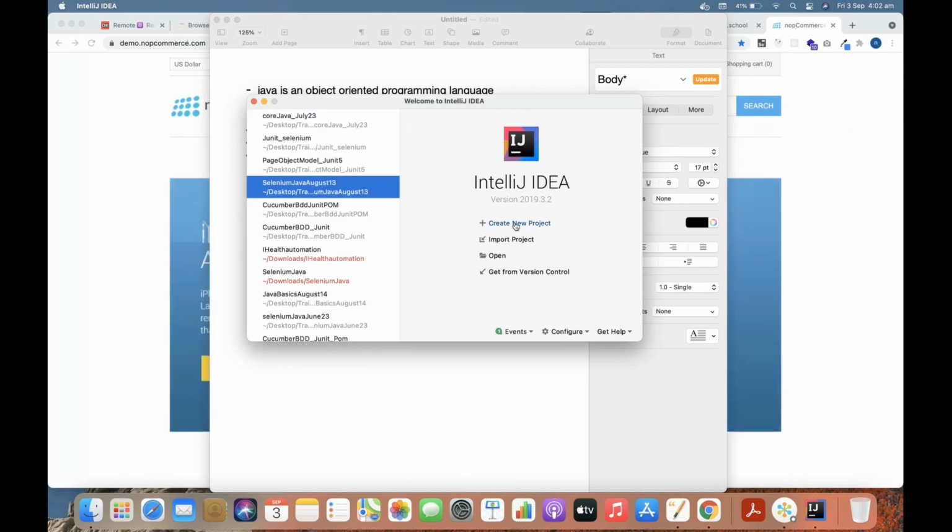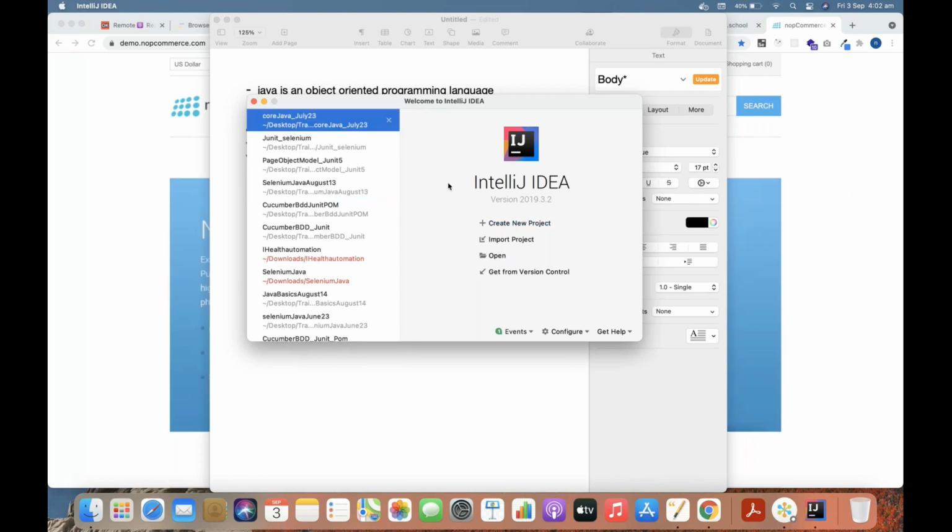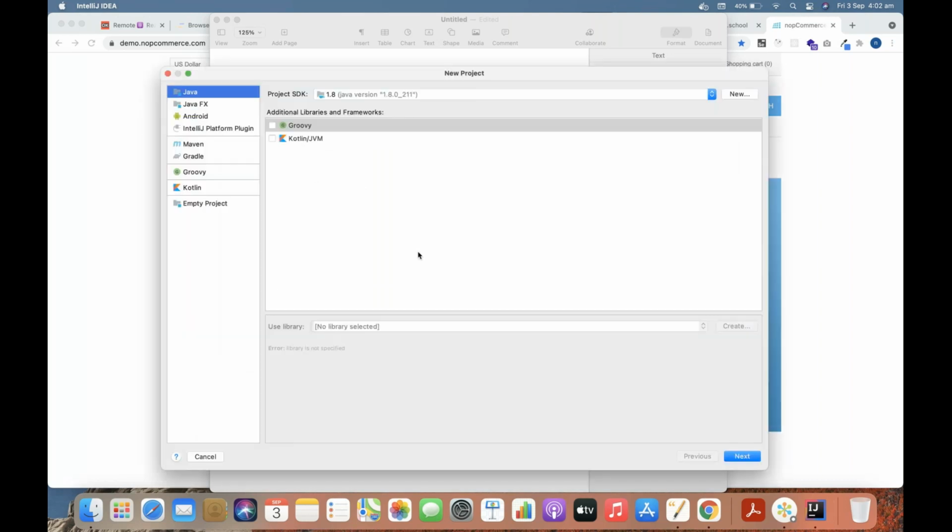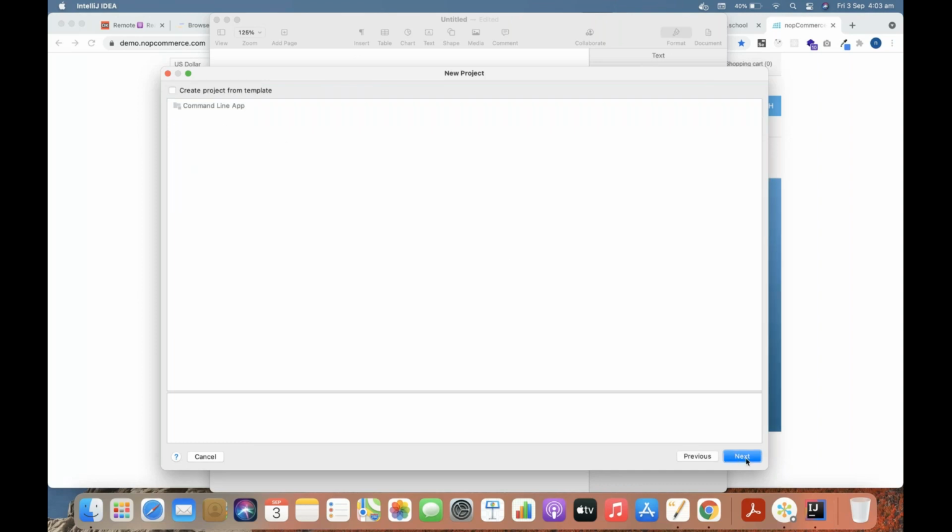Once you launch, you will see the same UI for this tool. Mine is, I think, a bit old version, so I didn't update it. Both of you, I think you have the latest version. So just click on create new project. Later on, once we move to Selenium, we'll be creating a Maven project. But until we complete core Java concepts, we'll work with a Java project only. So here you have to choose Java. I have checked this Java option here. I'm just clicking on next and again clicking on next.